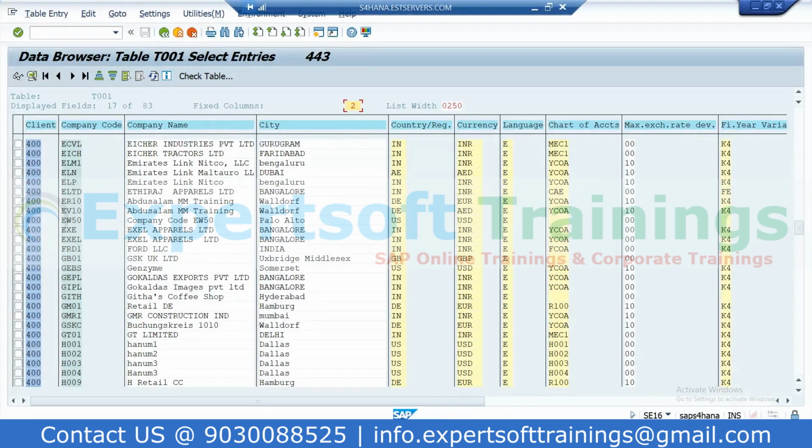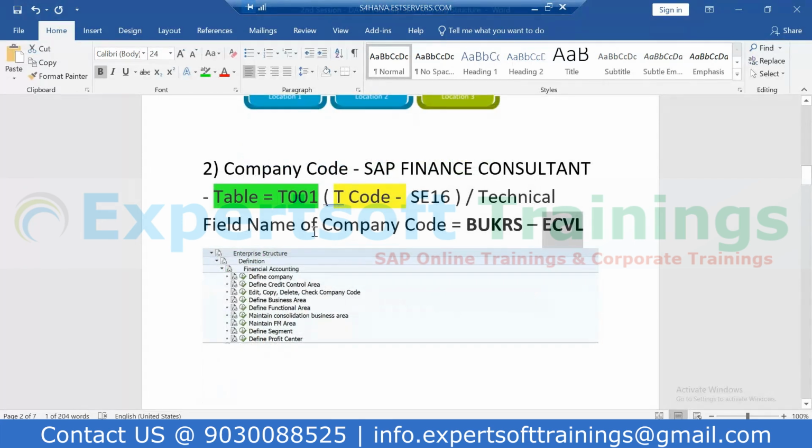So today we created the company code and also saw in which table it gets updated. Basically the responsibility of configuring the company code is owned by the SAP Finance Consultant, but the SAP MM consultant should also know how this is done. And sometimes it happens, Sparsh and Ramakrishna, that if due to some personal reason the SAP Finance Consultant is not around, then the SAP MM consultant is asked to start the work, because our work depends on the company code work only. Until the company code is created, the SAP MM consultant's work will not even start. Understanding the situation? Yes, yes.